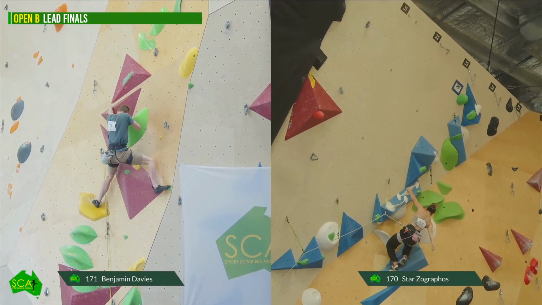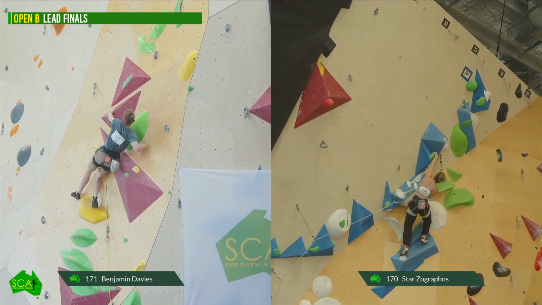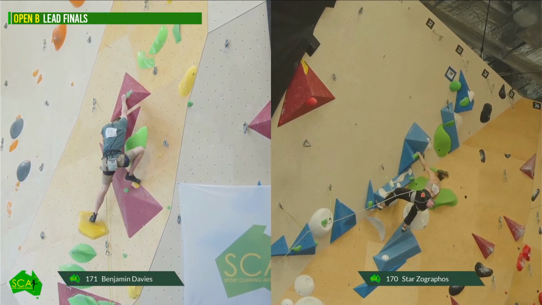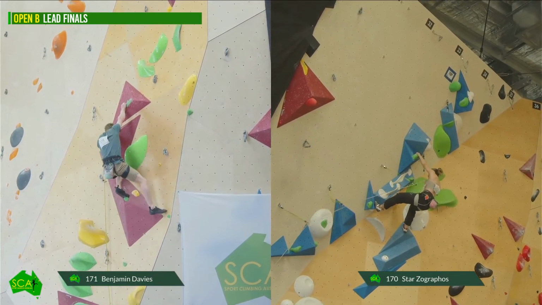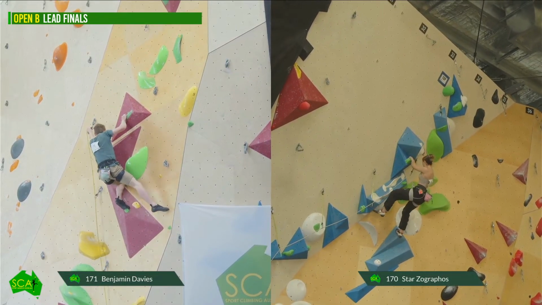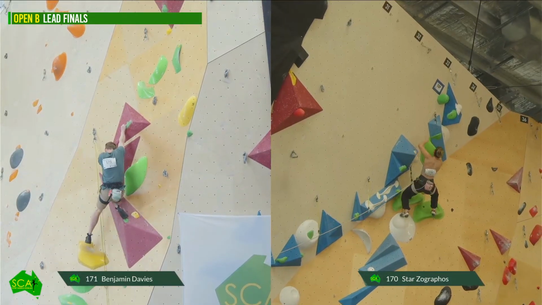Looking in really good shape here for Star. Great clip. Yeah, very efficient. Every time, first clip action. That's better. That's what I said with that left foot. I think putting it up there, it's done great each time. Step up. Yep. And step out and reach from this. All right, here we go.